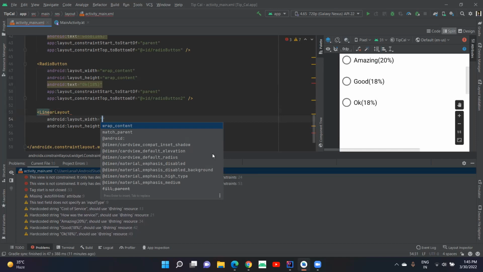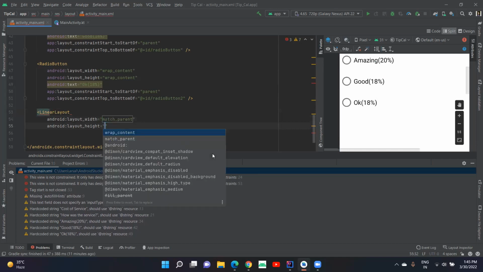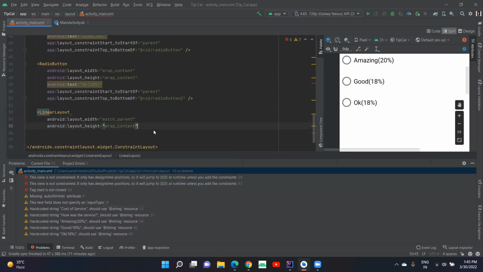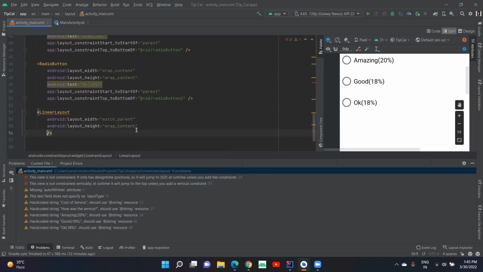Our width would be match parent here because I want it to stretch all over the screen, and my height would be wrap content. I would assign this item to